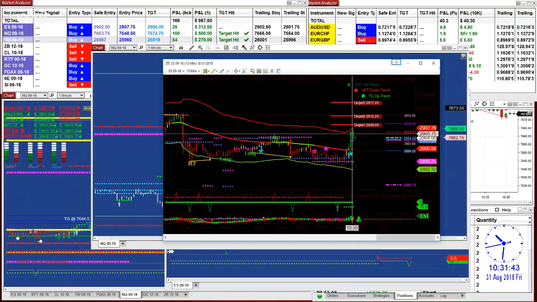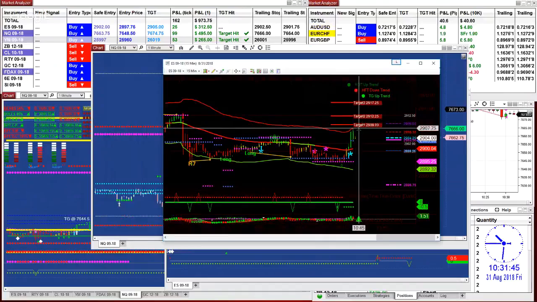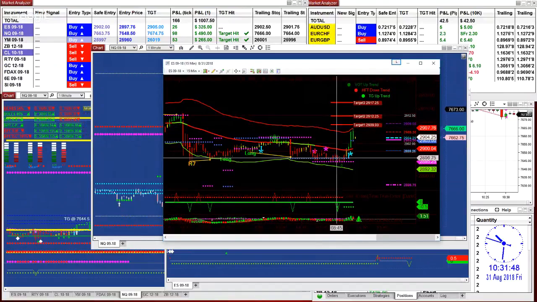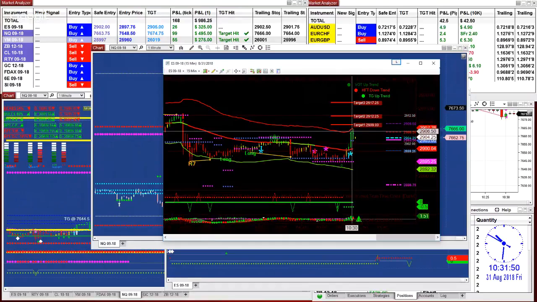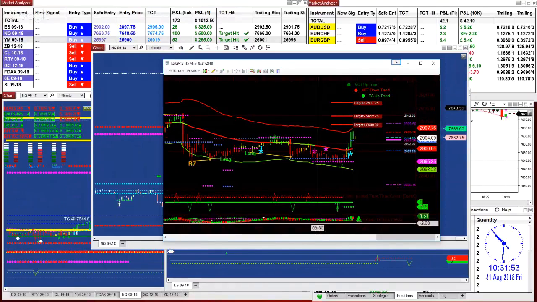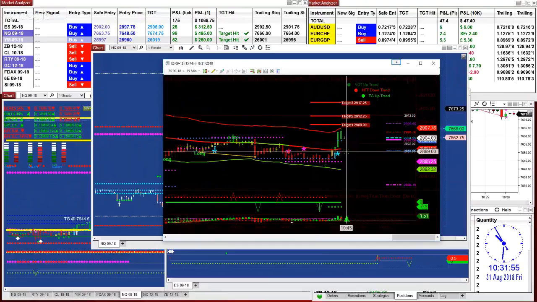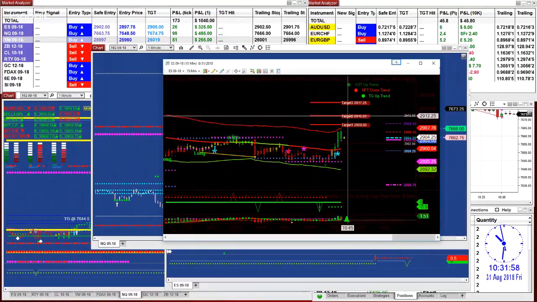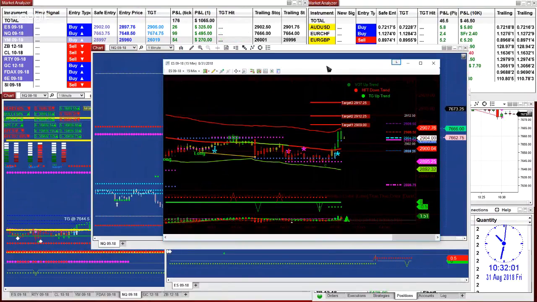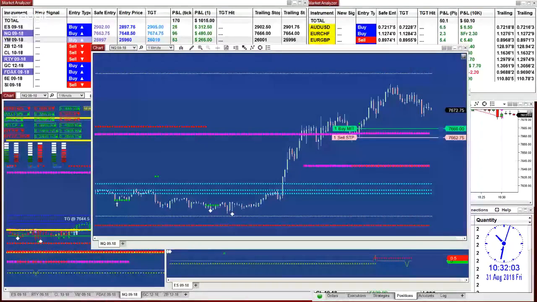If we look at the bigger picture, we hit target one, profit taken. I know that. The market has spiked, right in front of your eyes. We are going back to confirm some of those levels, and then we're going to go back and retest target two. So very rarely are you going to be missing out on a trade, sir. Very, very rare. There is always a pullback re-entry, and you should never, never take a trade in the middle of the trend. Never,